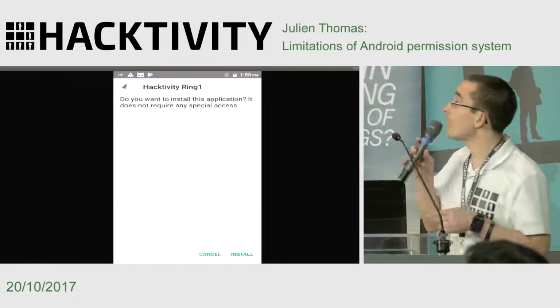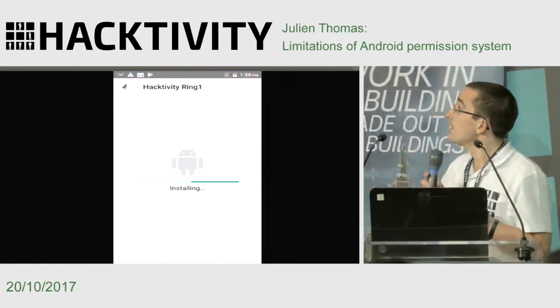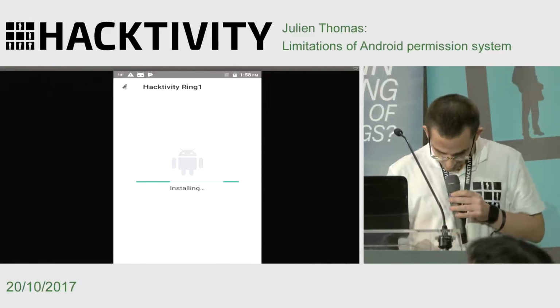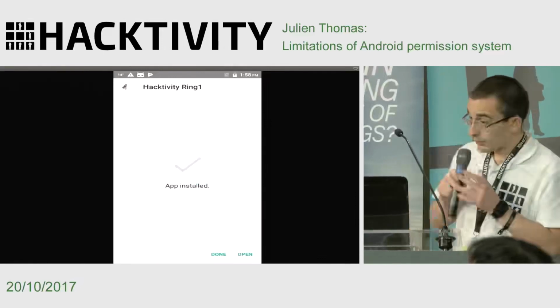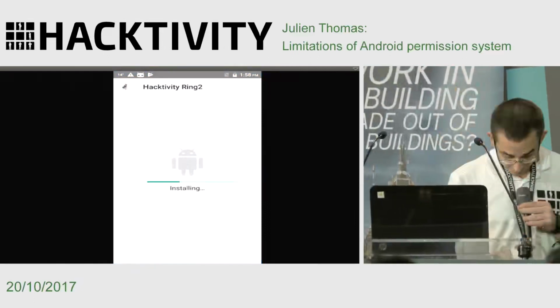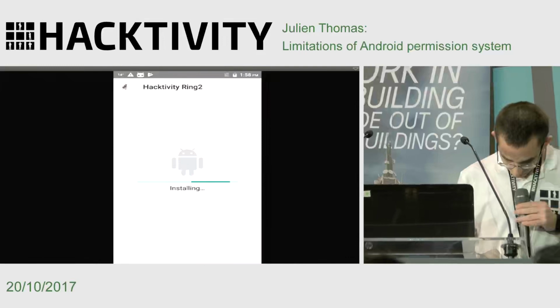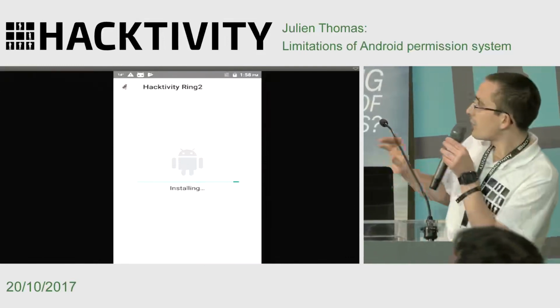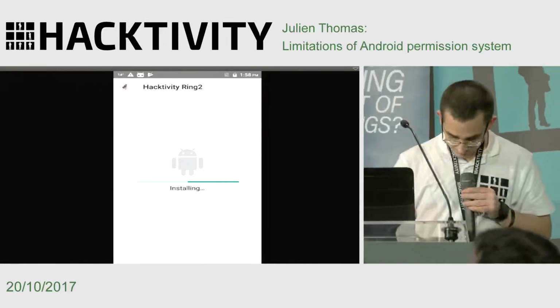So I will install an application that requests nothing. I will install a second one that requests nothing either. And now the trick is to update these applications.